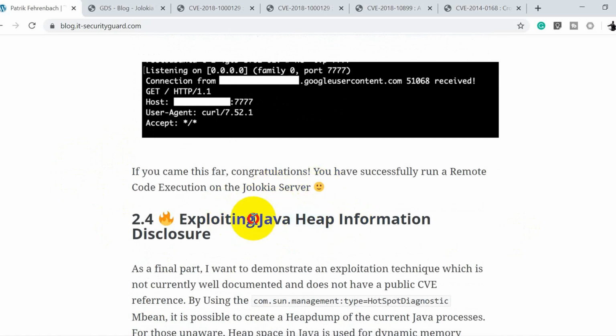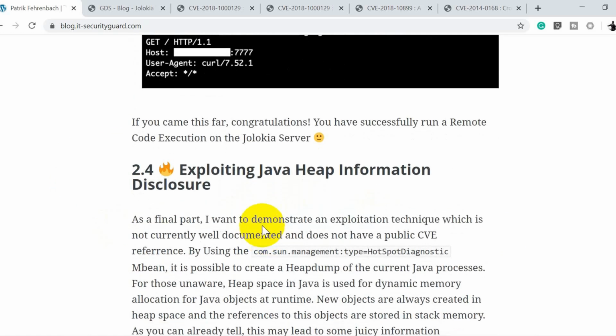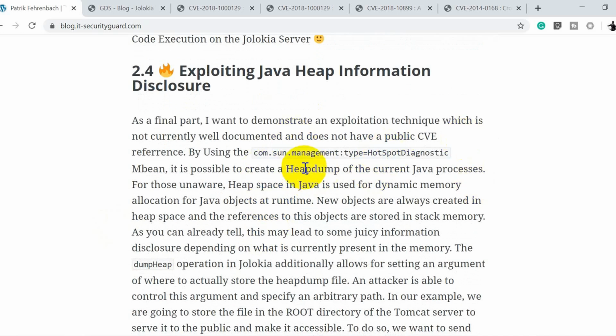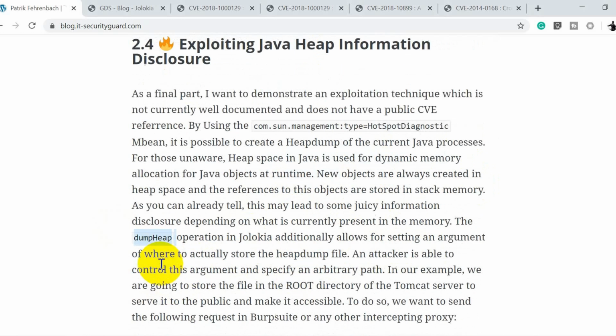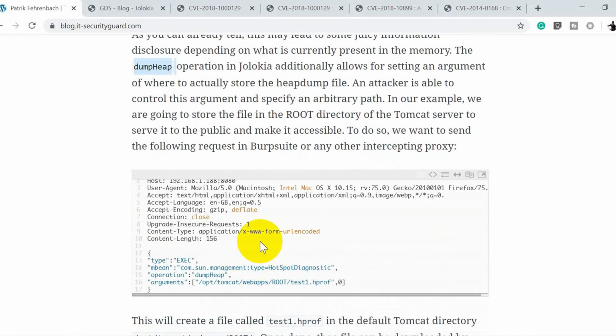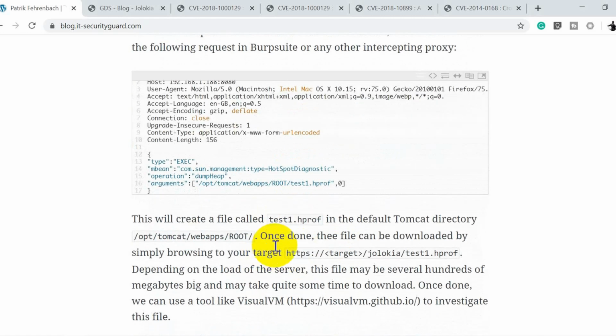So the third thing is Java heap information disclosure. So again, he used one of the mbeans for dumping the heap area. So the heap area is basically used for dynamic memory allocation for Java objects at runtime. So he tried to dump the heap area using heap dump, and then he was able to see what all information is there inside the heap dump.